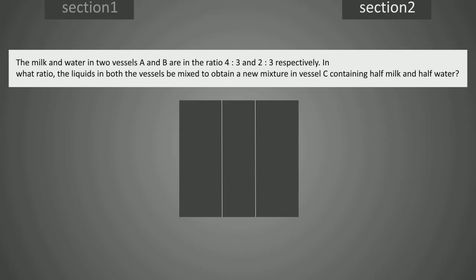Problem 2. The milk and water in two vessels A and B are in the ratio 4:3 and 2:3 respectively. In what ratio should the liquids in both the vessels be mixed to obtain a new mixture in vessel C containing half milk and half water? Step 1. Laying out the picture. There are two vessels with a mixture of milk and water, one with the ratio 4:3 and the other with the ratio 2:3. Or, another way of saying it is